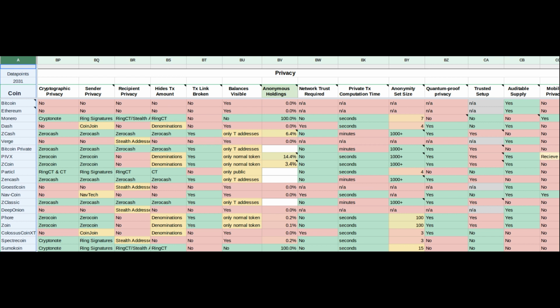The recipient privacy should be green box. Hides transaction amount should be green box. Again, it's optional privacy, so the balances are visible for the normal token, and you want them to be. But that's all that matters. There is no network trust required. It's instant transactions. The anonymity set is as high as it can be. It's quantum proof, and the main thing that